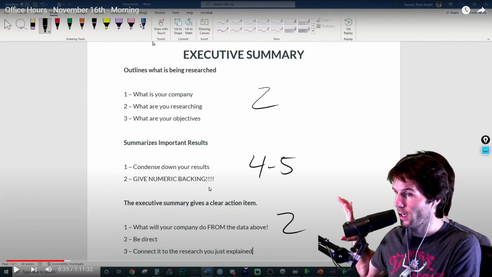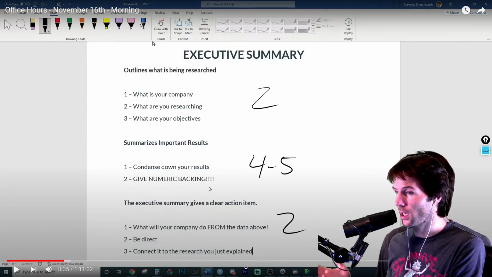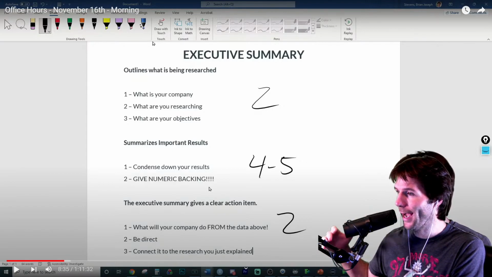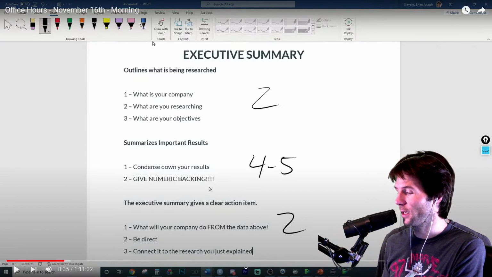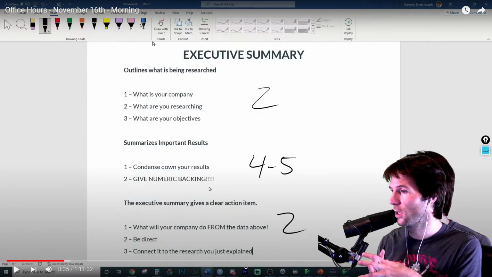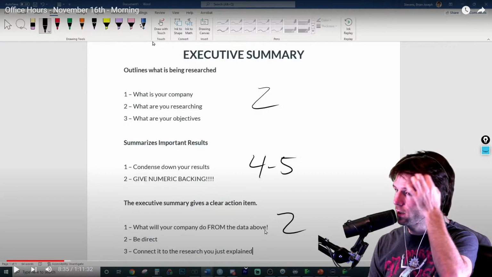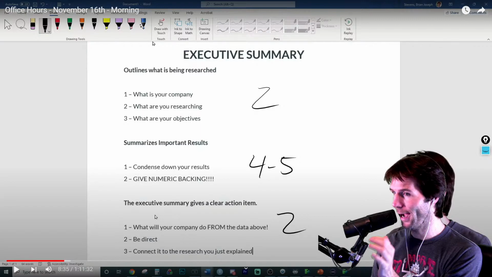Next, you want to give your clear ideas. I think a lot of times people lose points right here because they're not very clear in their objectives at the end. This has to be connected to your report. You're going to give an action item, at least one, to say like, well, we found out this about the students or this about the people we're researching, so we are going to do this action from this. So you need to be clear, be direct, and give an action.